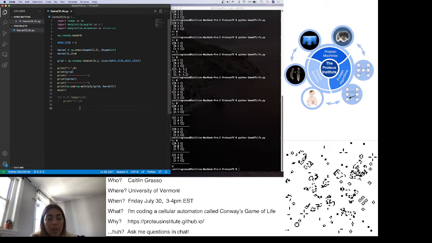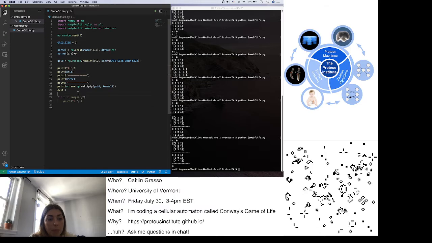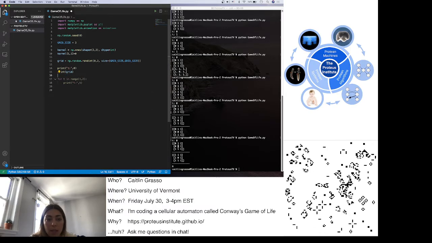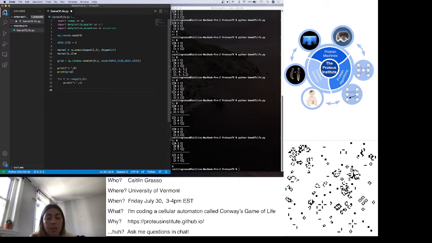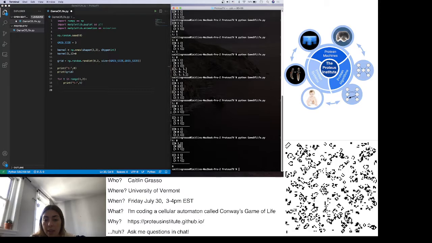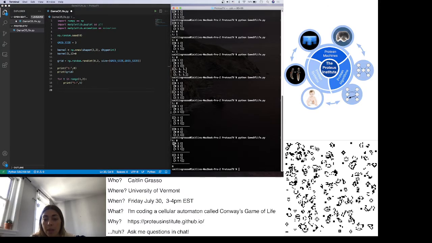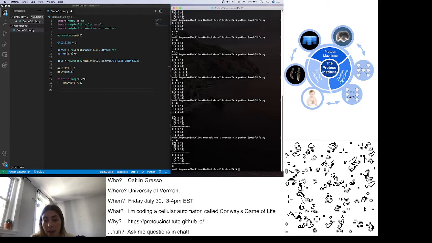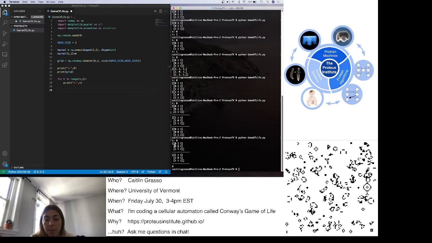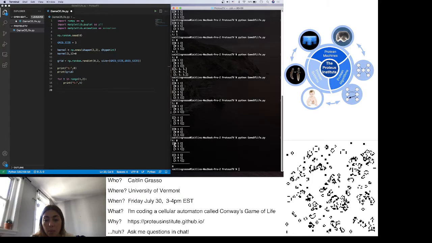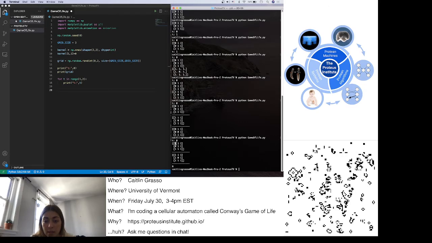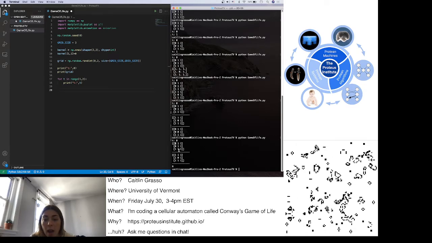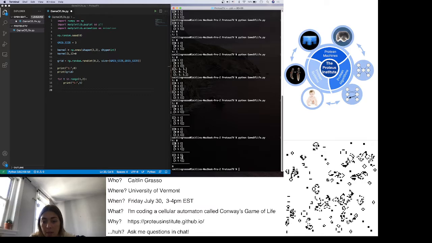Okay, so I will go ahead and delete this. So now we just found out how to get the number of neighbors for the center cell, but we have to do that for each cell in the array. And so we're going to iterate through each of these cells, starting with this cell here. And the problem with this right now, though, is that we can't